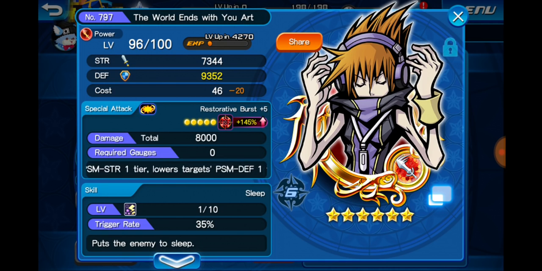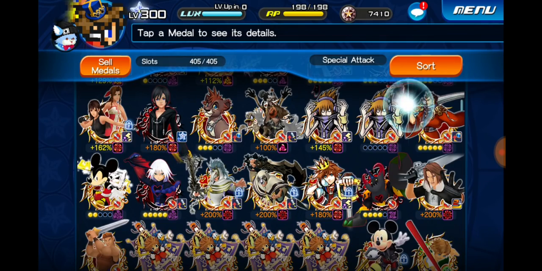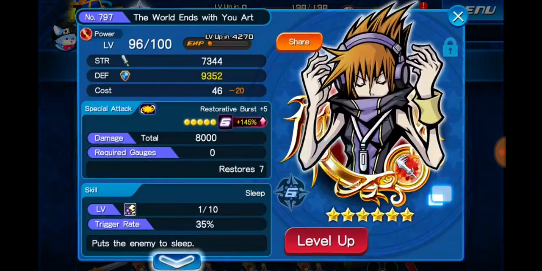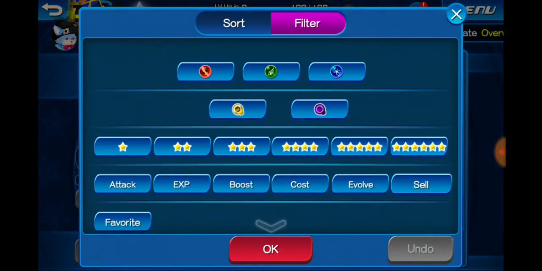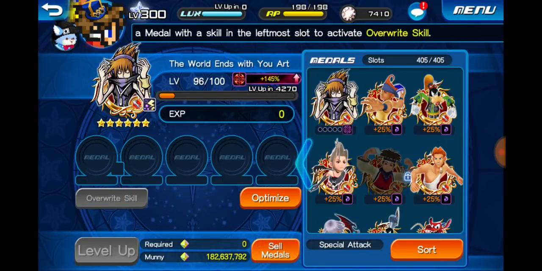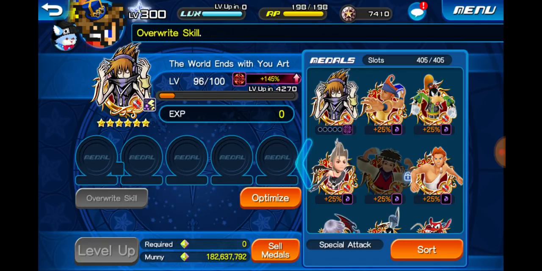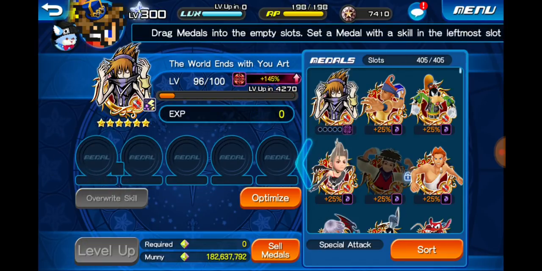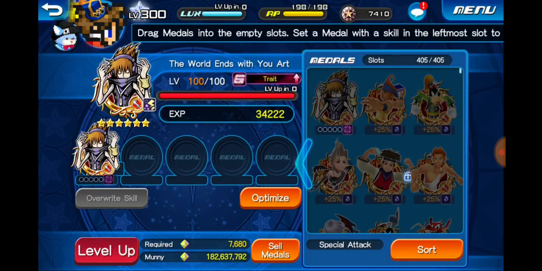Now, instead of doing that, if I've got a spare one of these medals, which I have here, I've got 2, I can do this. If you click sort, undo, you'll always get the same medal if you've got a duplicate at the top here. So that's a really quick shortcut to leveling up your medals if you want to combine a medal with one of the same kind. What this will do is if I drag it in here, if you look up here, it says it will give me